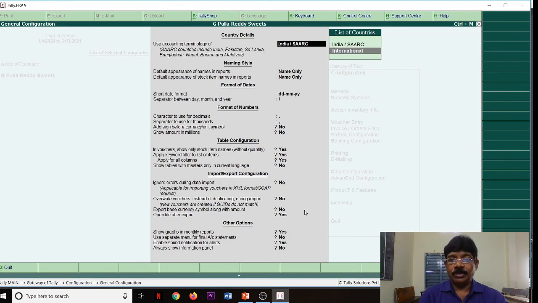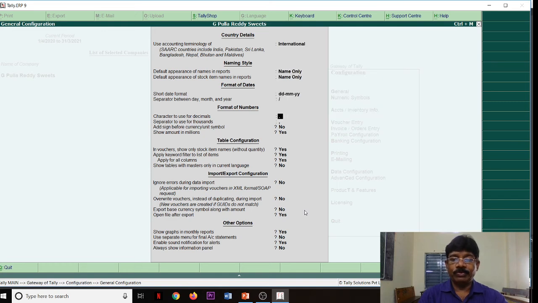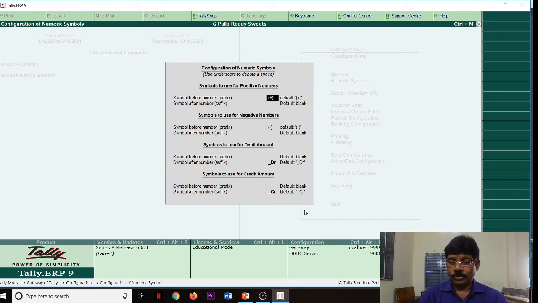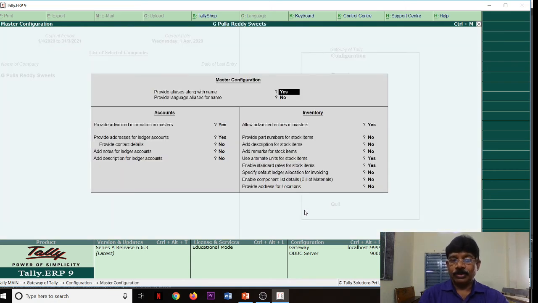International I selected, name different, date different. See all these options. Next, numeric symbols. I can change whatever I want. Accounts and inventory, look here. Language alias names, yes.